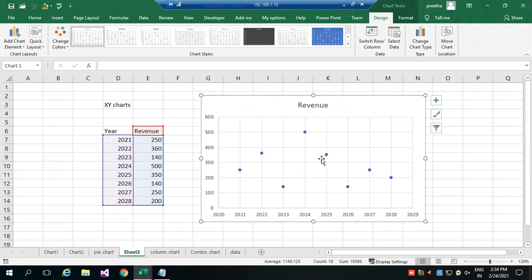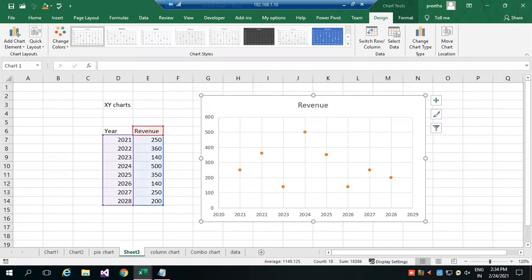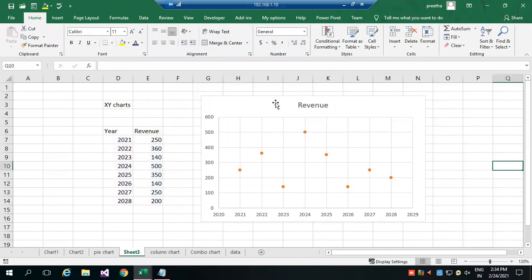So this is usually used for scientific or engineering, where the X and Y axis will be combined into one point. So this is called XY chart.